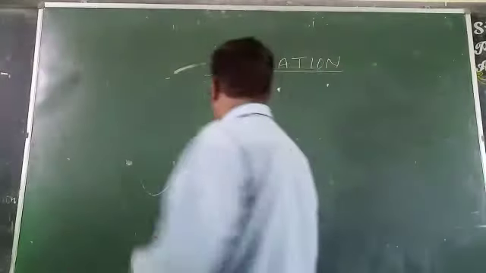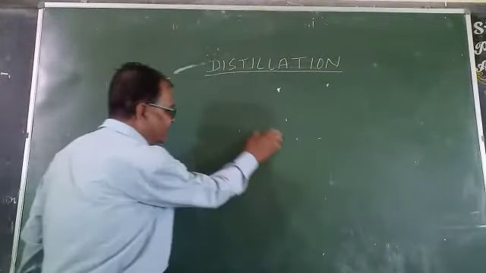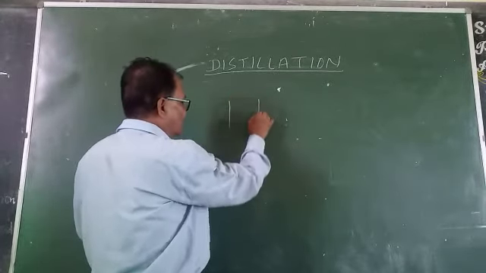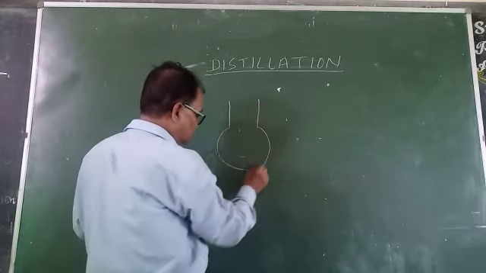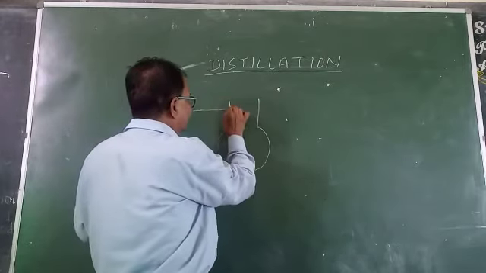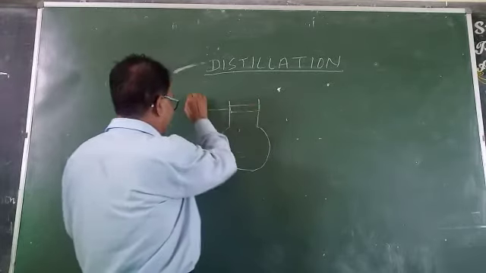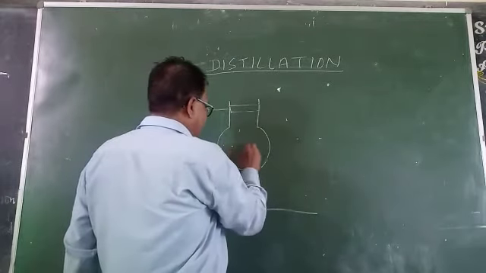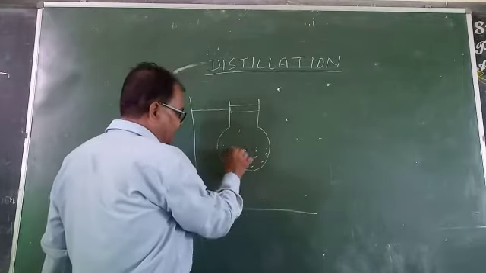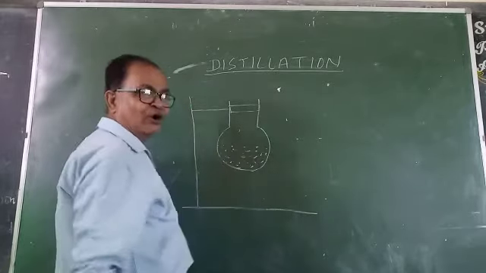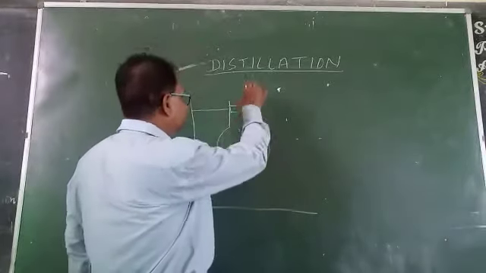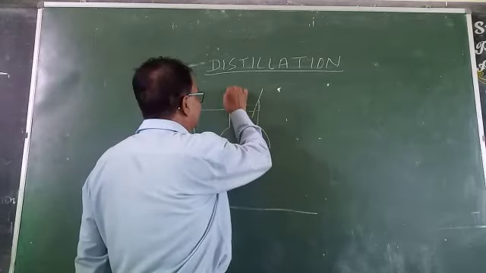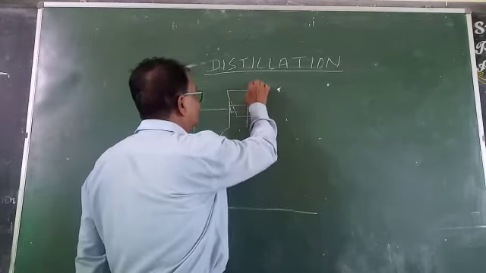For the purpose, we set up an experiment in such a way. We take a flask, round bottom flask, and fit it with a stand in this way, and take water and sample containing soluble or insoluble substances. A cork is fitted which contains a delivery tube.